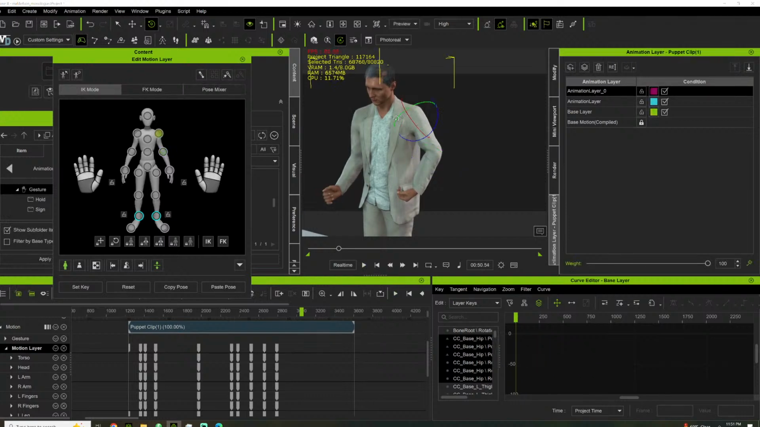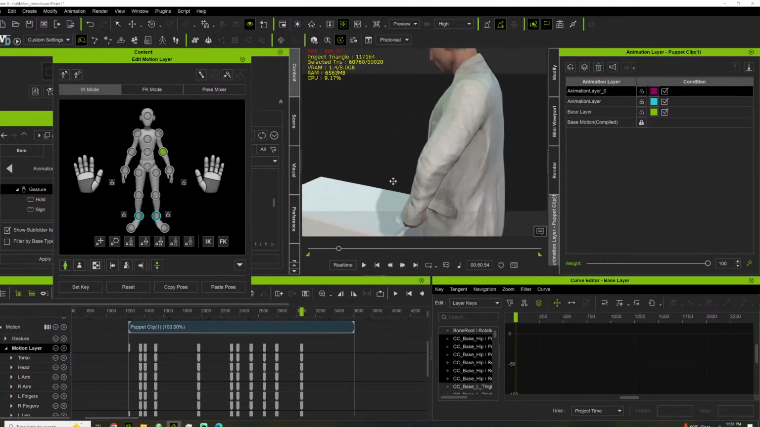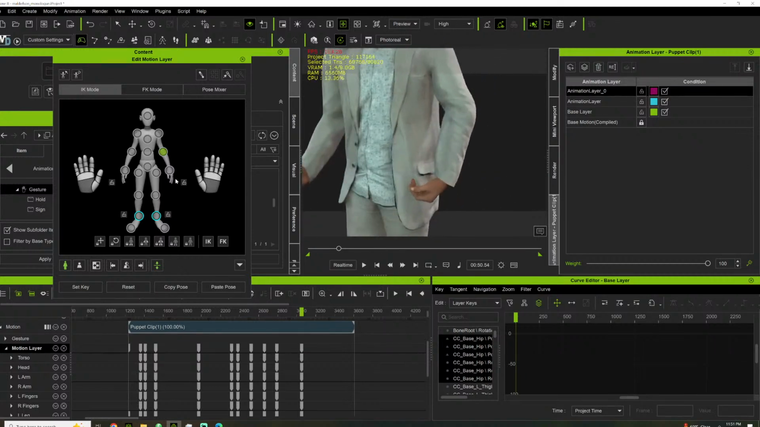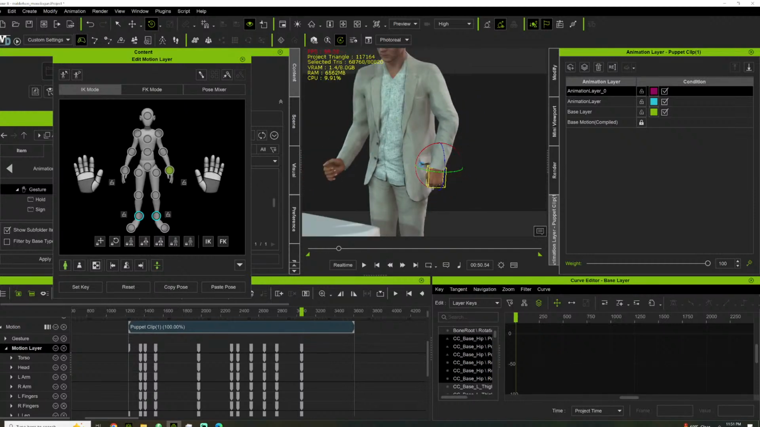What are you doing with your arm? There. Probably gonna have to fix that, but